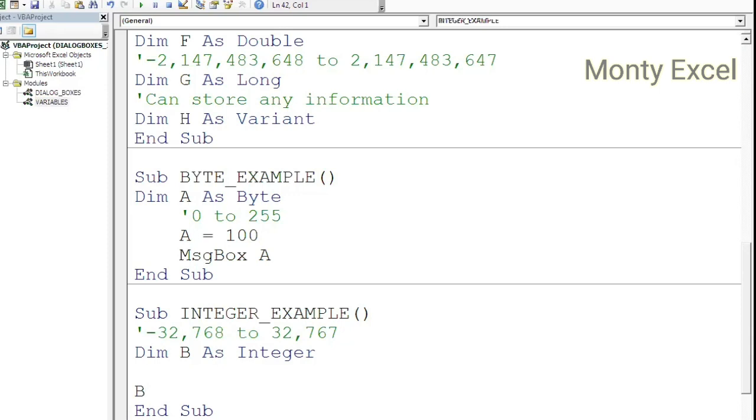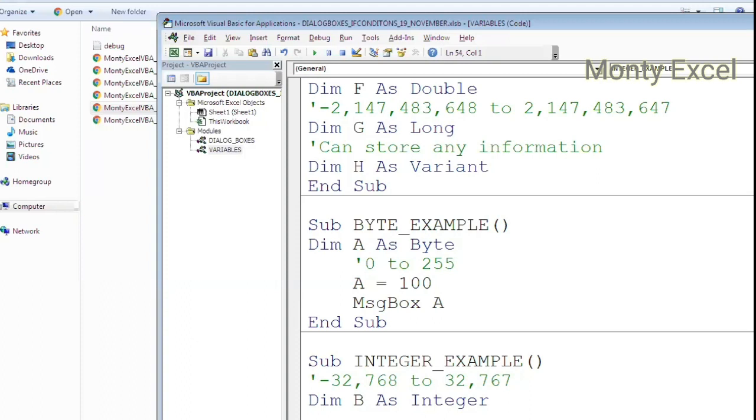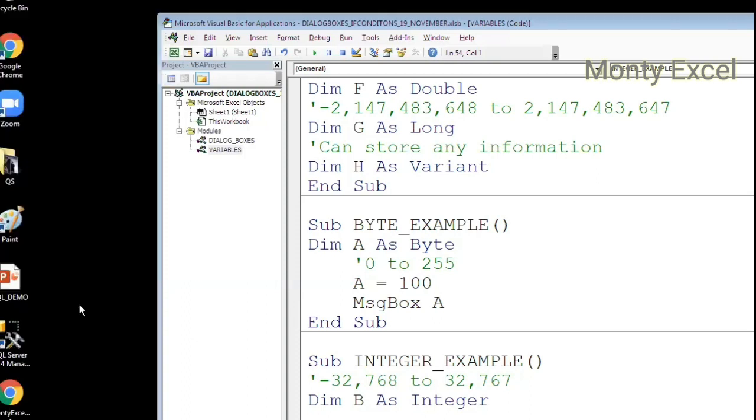Okay, how to assign? You can assign the information from your Excel. You know how to assign a value from the Excel because you have seen it, right? So let me say equal to range of a1 dot value. This time I'm not giving a value. I want to give the value from the Excel. That means whatever the user is entering in the Excel sheet, that I want to be